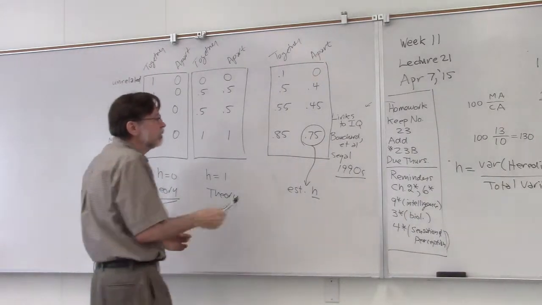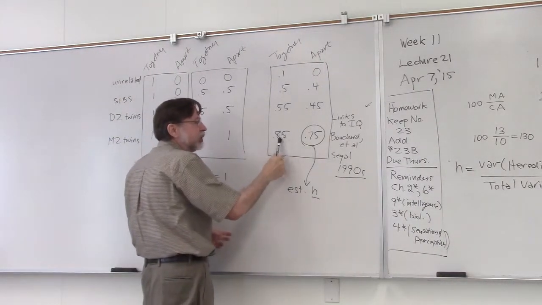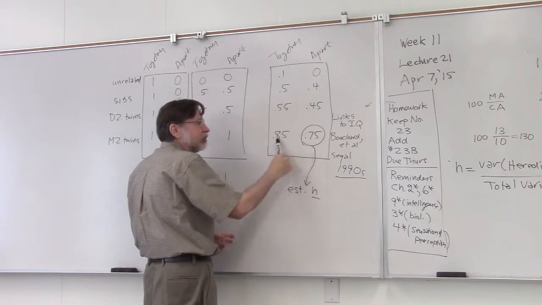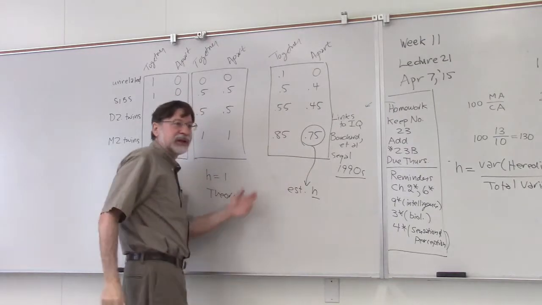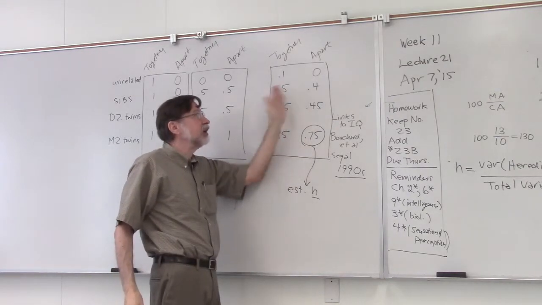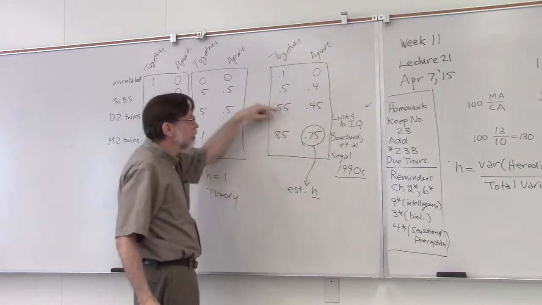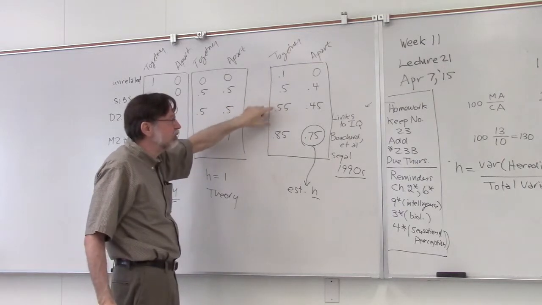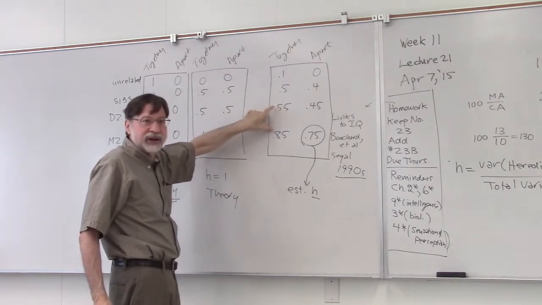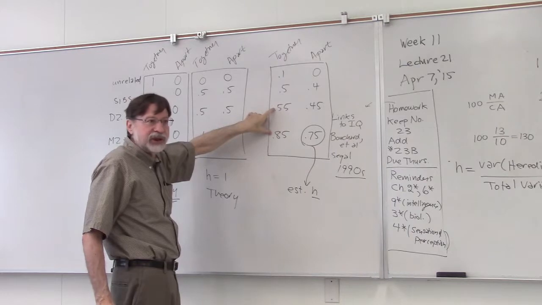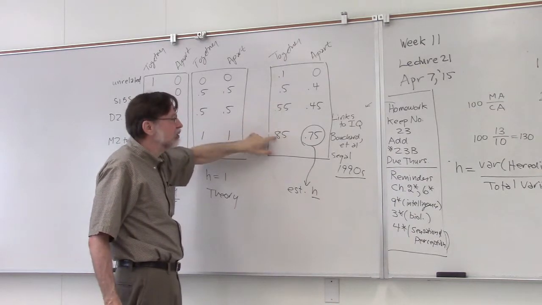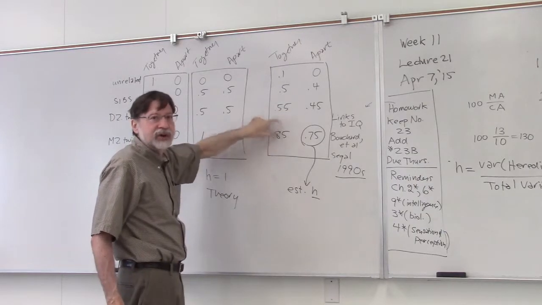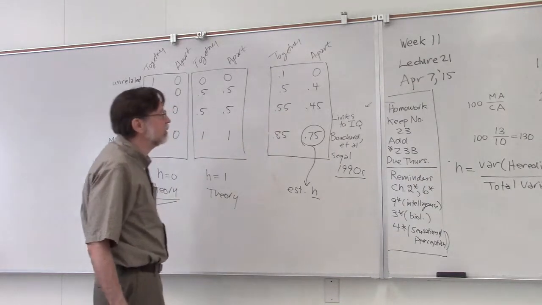There are other ways to estimate heritability. By comparing this number with this number, you also get an estimate. If these 2 numbers were equal, that would be an indication that the environment doesn't make any difference. Another way to estimate is by comparing these 2 numbers. You have 2 people that are born together, so pairs of kids that are twins born at the same time, but these are more similar genetically than these. So this is another way to estimate the heritability coefficient.